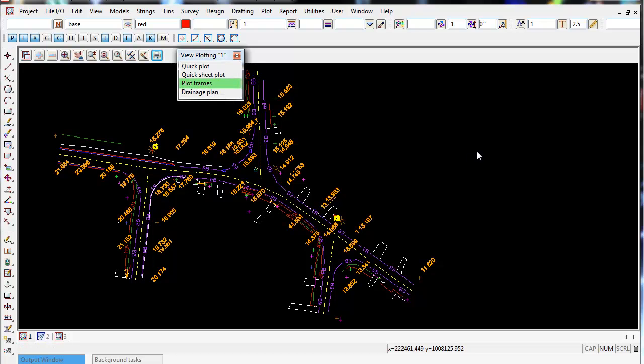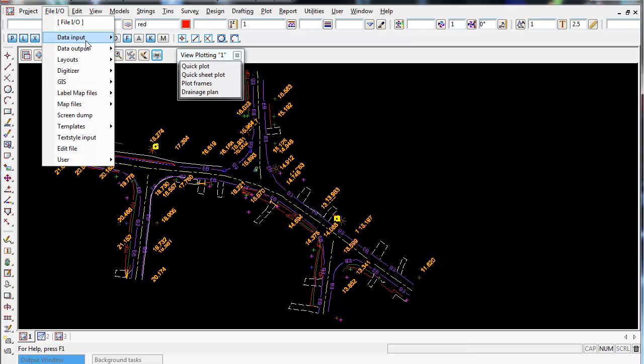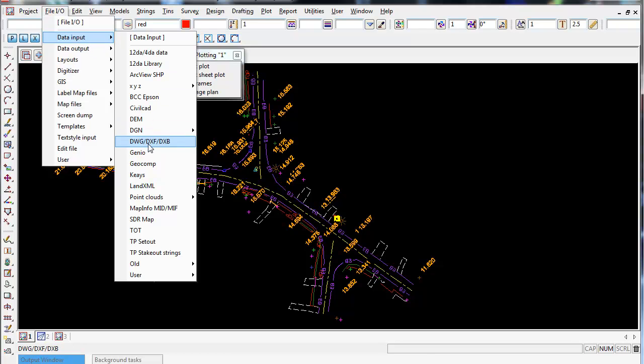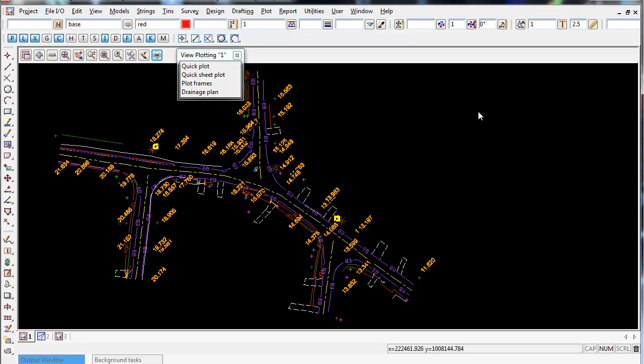Now for this to work, you already need an existing title block file inside 12D Model. A title block file is basically a title block that you can either create in 12D using the CAD option, so you can draw up a rectangle at the scale of your paper size, so an A4 or A3 size, and draft in all the lines and text that you need for this company title block file. Or you could import an existing one from AutoCAD. So you can go to File, Data Input, and then DWG, and import a DWG file of your